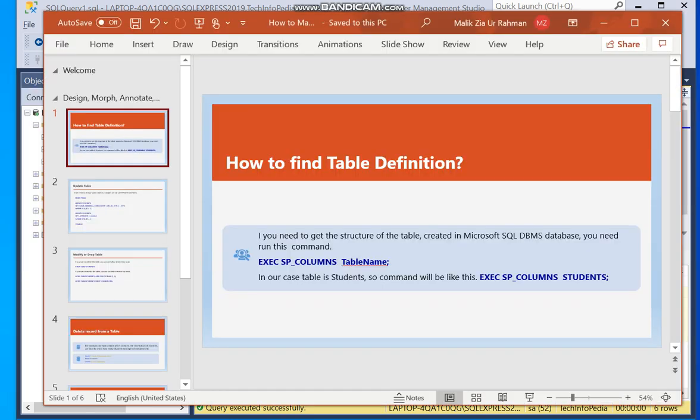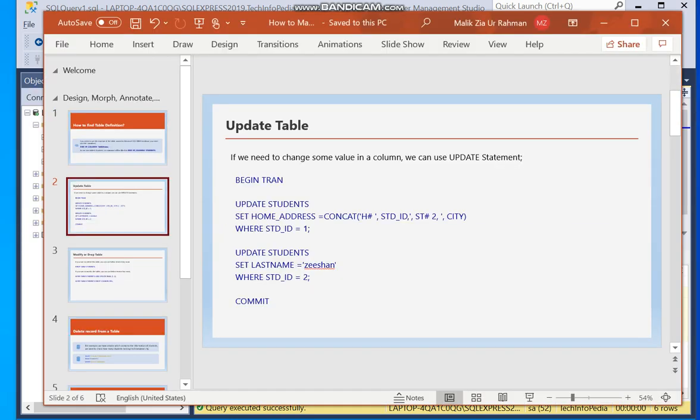So let's move to the next thing, how we can update a column. Here you can see this is begin trans. This is transaction control. If we are going to update a table and we want to make sure that it has been updated correctly, we use begin trans. If we see any sort of issue, then we can roll back to the previous position. So let's do it another way.